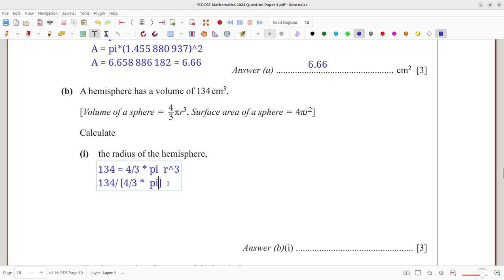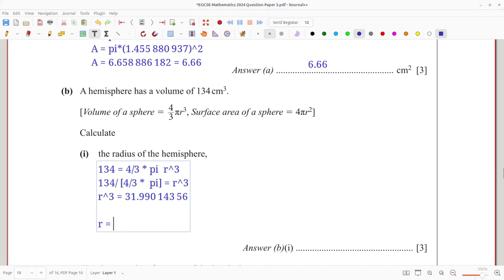What's the answer for this one? And this is going to give me the r cubed. Then taking the cube root on both sides, you are going to get that your r